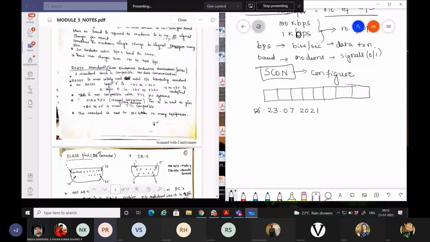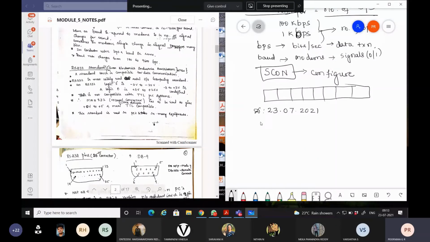Whether the serial communication is of asynchronous or synchronous type, the data will be sent in the form of frames. These frames will have a start bit as well as a stop bit. There may be a minimum of one start bit, and one or more stop bits. We can add more, but here we will be adding one start bit.